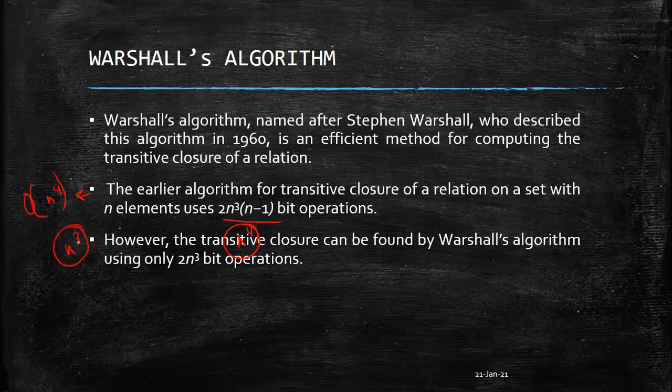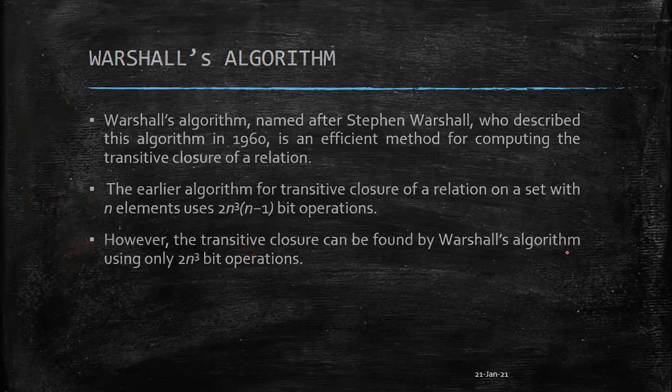We usually ignore the constants 1, 2, minus 1, plus 1, because what we require is the power in terms of n, that is n cube versus n power 4. Obviously order of n will be the least amount of time if we look in powers, then it will be order of n squared. So order of n cube will always be better than order of n power 4. So these are the number of operations we require in Warshall's algorithm, and this is the preferred method for finding the transitive closure.